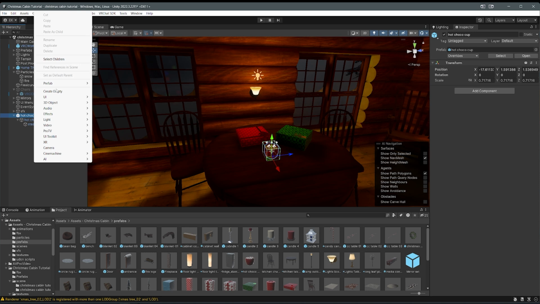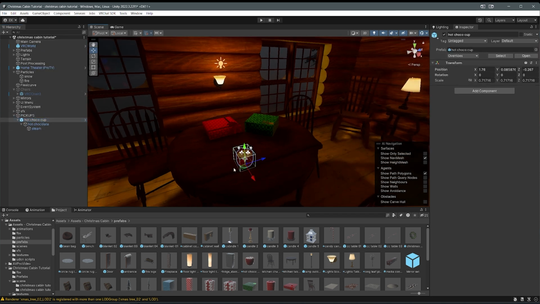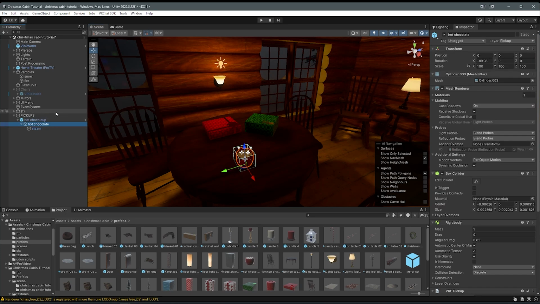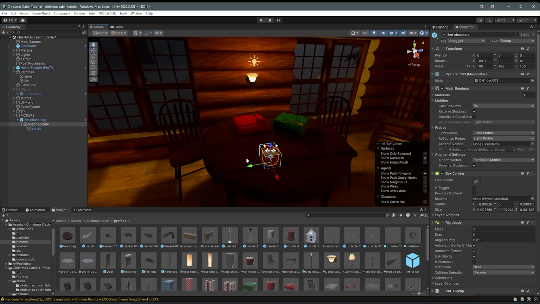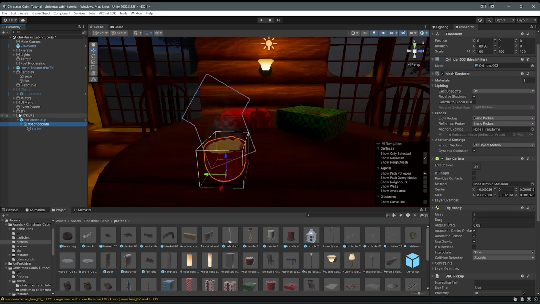So let's right click in the hierarchy, create another empty. We'll call this pickups, just to organize all of our pickup objects, and we can drag that in. And this is the only one we're going to do. By default, this prefab is already set up as a pickup object, so you don't have to worry about it. There's also a particle on it. But to make any object a pickup, what you need is a box collider, or some kind of collider